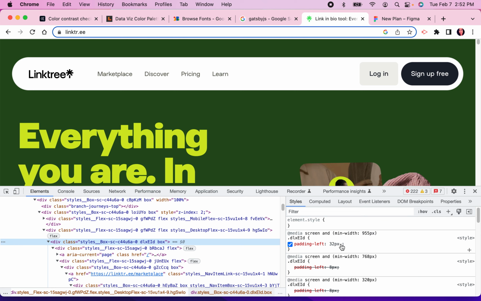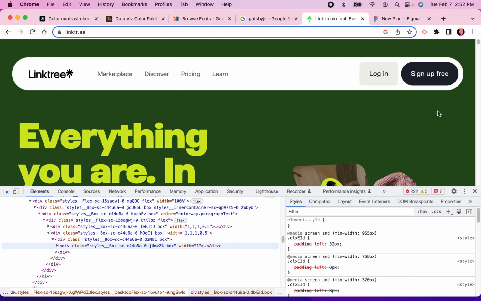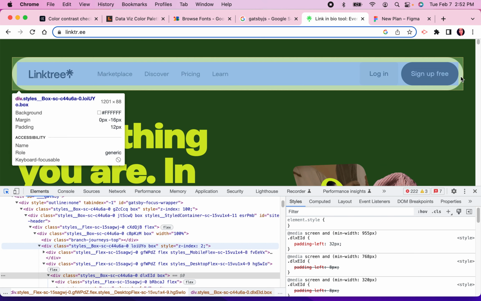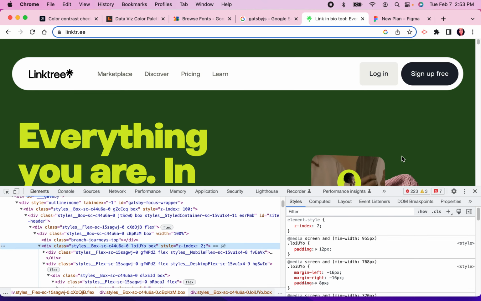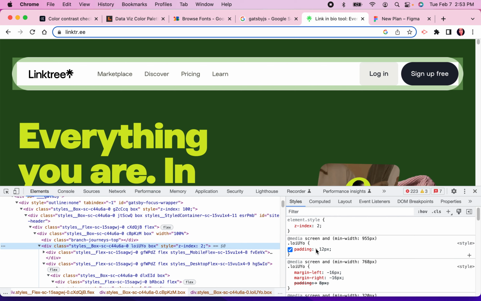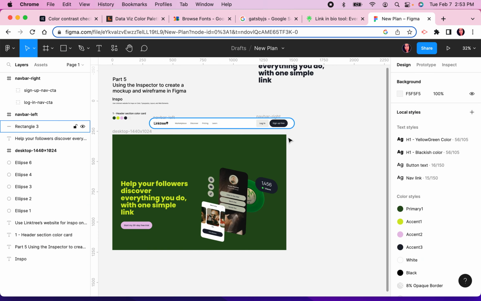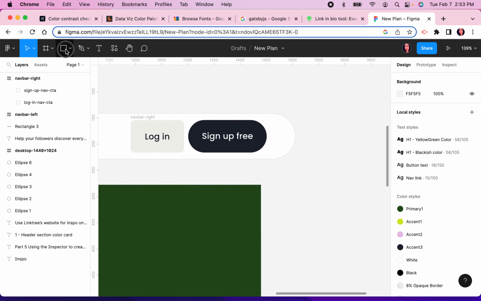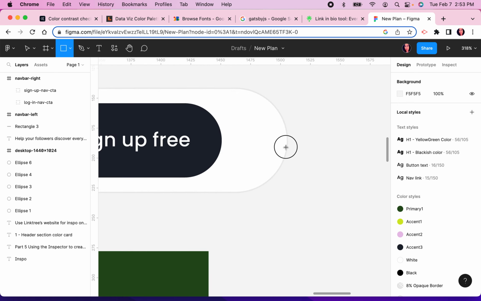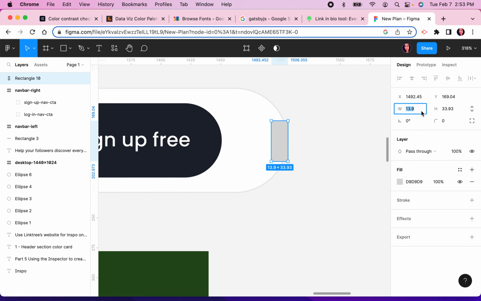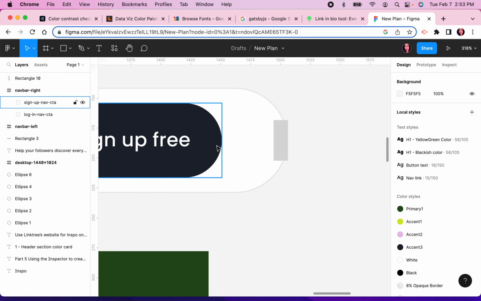This has padding left of 32 pixels, and this has padding left of 12, okay? So another little box, we're going to make it 12 pixels, 12, we're going to align it to this,